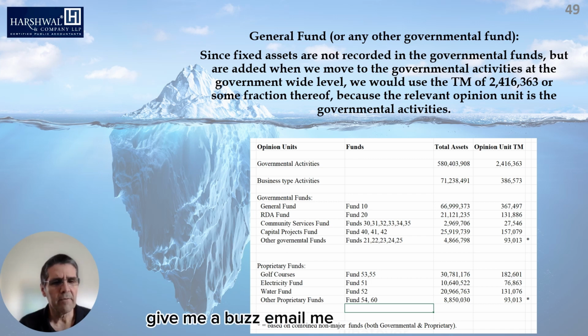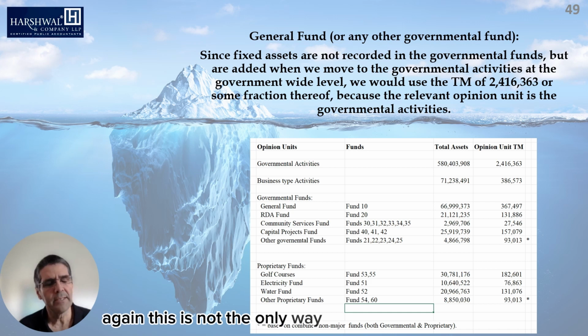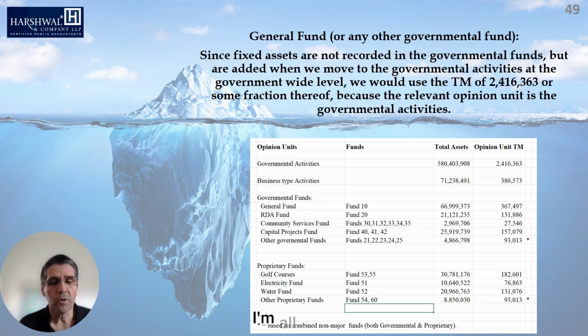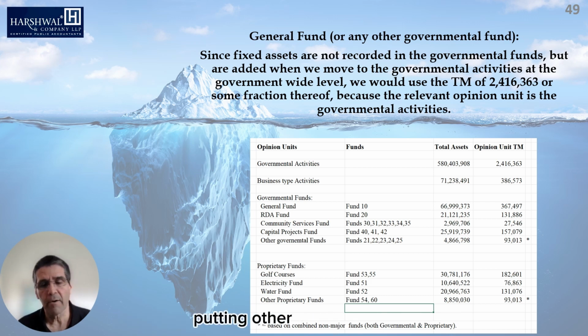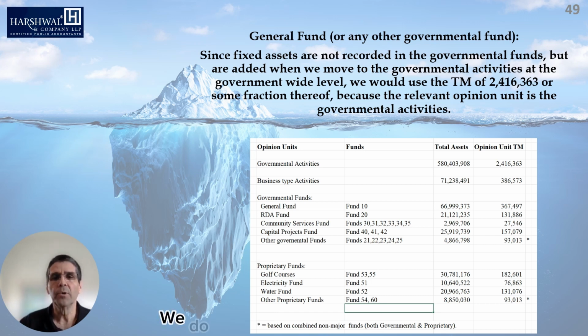Okay. We are done today, and so if you have any questions, feel free to give me a buzz, email me, whatever. And again, this is not the only way. The example I used for doing a search for unrecorded liabilities, there are other ways. And if you have a more efficient way, I'm all for it. But just remember that the important thing is that we do need to take this into account as we do our audit work, not only in the search for unrecorded liabilities, but in other areas as well. We do need to audit at that opinion unit materiality level. Thank you, and we'll see you again sometime.